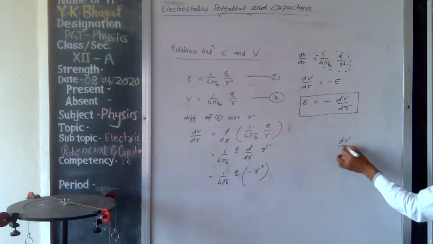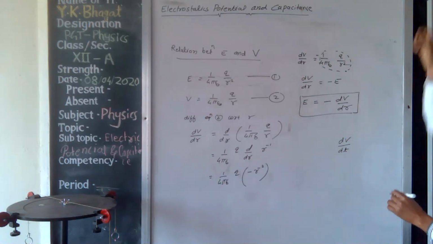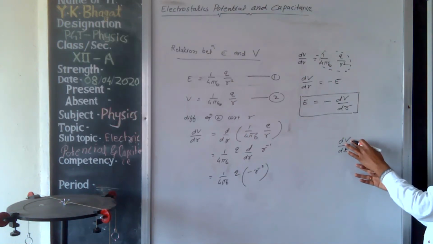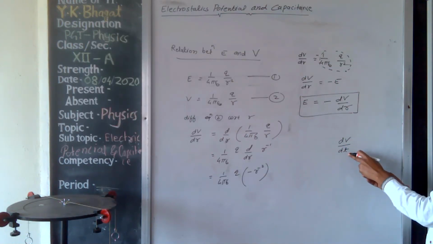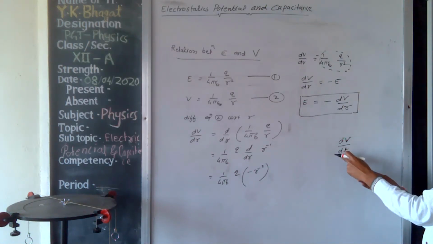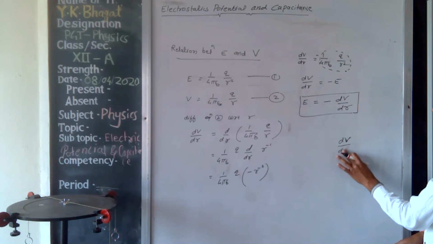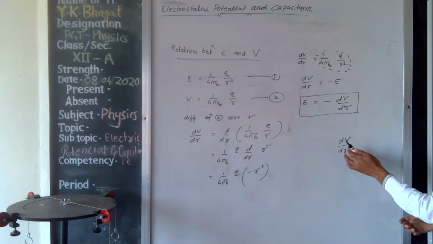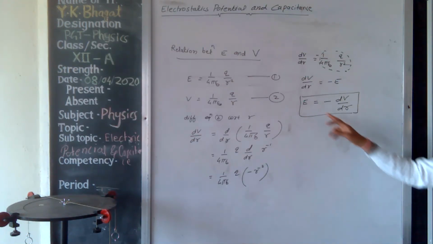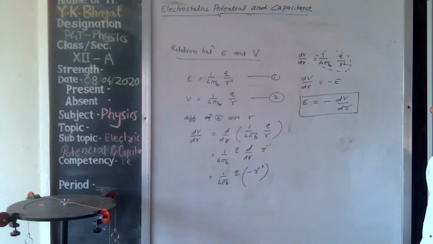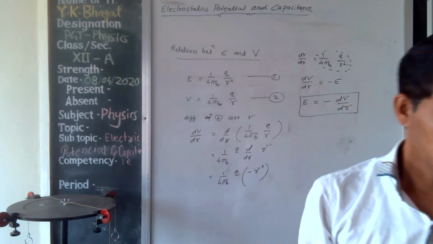Suppose we have dV upon dt, then it can be stated as rate of change of potential with time. But when divided by distance, it is stated as the gradient. That means electric intensity is the negative gradient of potential. Okay. Now